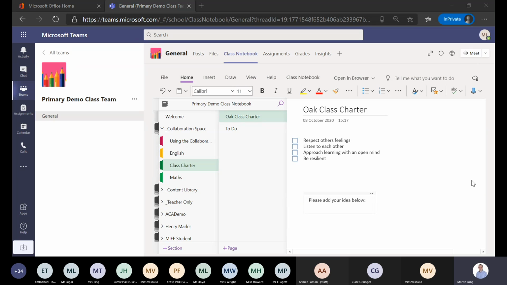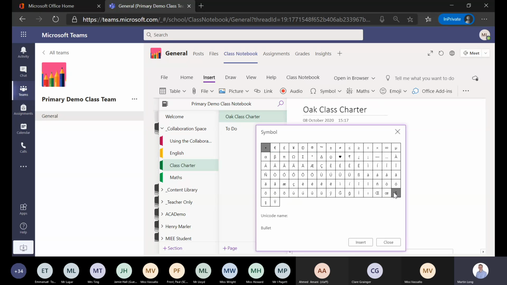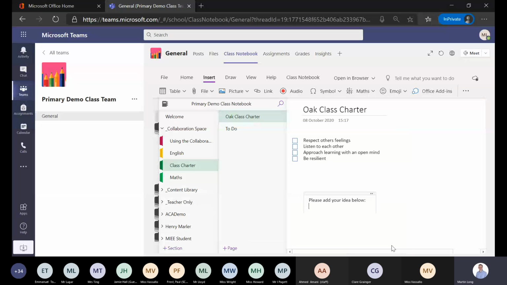Somebody's popped a question to chat there. Is there a way to add shapes to notebooks? Yes, there is. Let me just pop over. On the insert, if you go to insert over here, you've got different options, and in the different options, you should be able to do symbols and shapes. So you can go more symbols, and there usually is a shapes tool up here at the top as well,